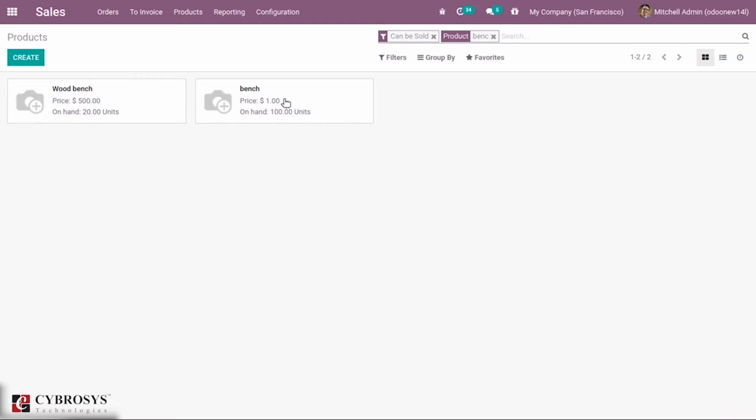You can see the product is created with some few information shown, and these products can be filtered according to service, product, whether products then can be sold, can be purchased, rented, subcontracted, expense, then with warnings, then archived, everything, and can be grouped according to product type, product category.